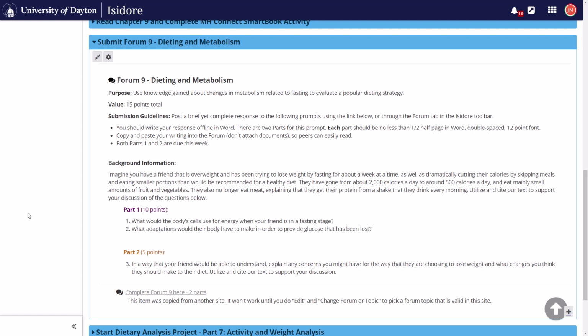Oftentimes I found myself wanting to copy the same framework for a given assignment, the same formatting, the same words, and I'd forget whether I wrote submission instructions or submission guidelines from module to module. So one trick that I like to do is copy the basic framework for a given type of assignment. So this is a form, and then I put that into a text editor file, and I just